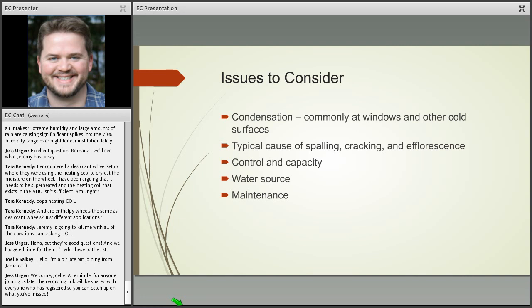Controlling capacity issues, whether or not you can actually get it to the relative humidity that you were looking for, and whether or not